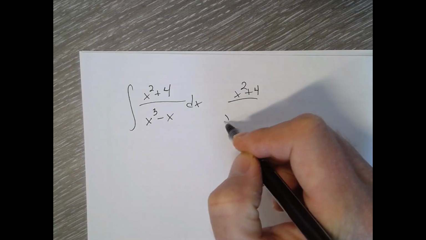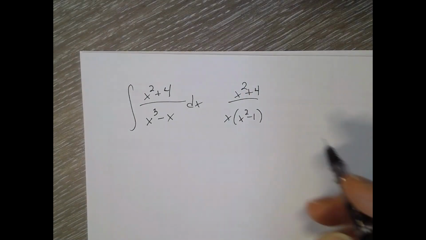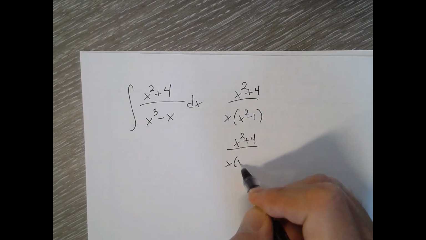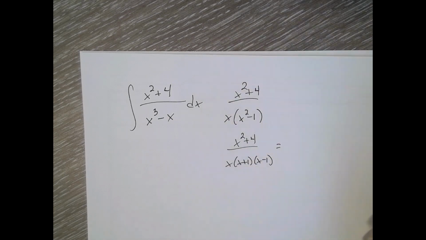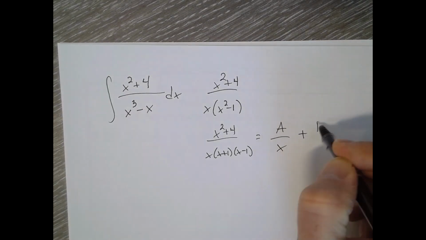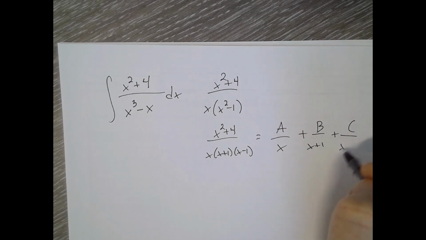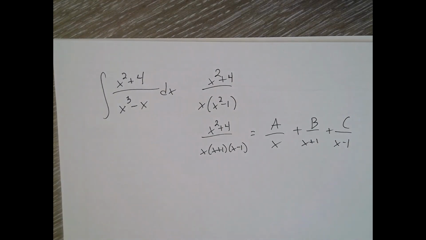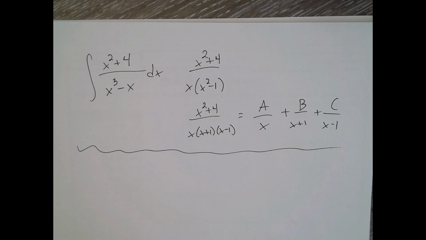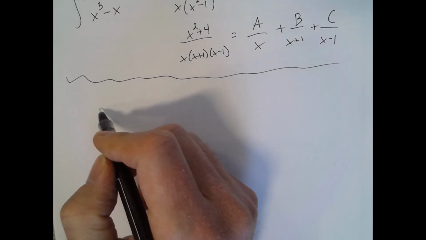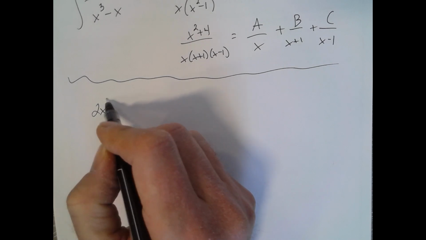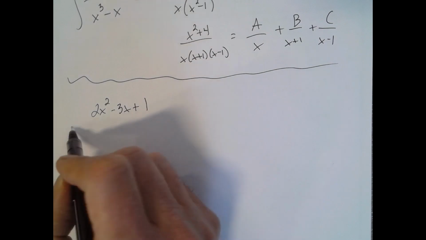Alright, so I have x squared plus 4. I can factor out an x. X plus 1, x minus 1, and then all right, so far so good. Okay, so let's say I have 2x squared minus 3x plus 1 over